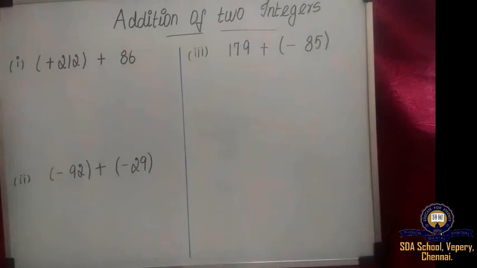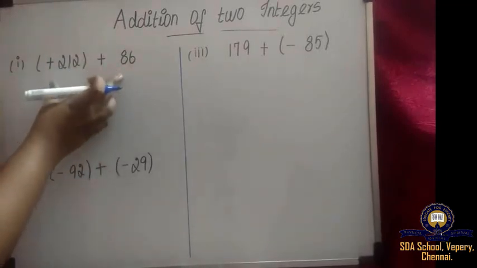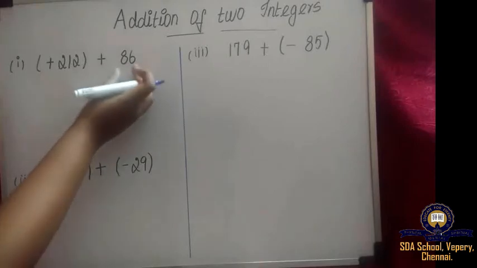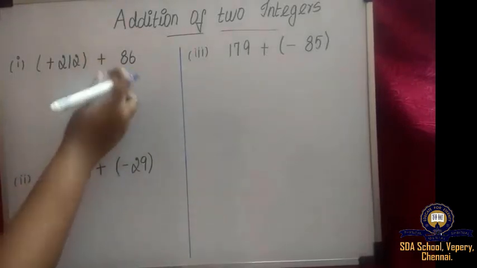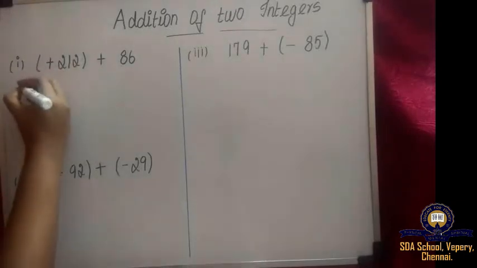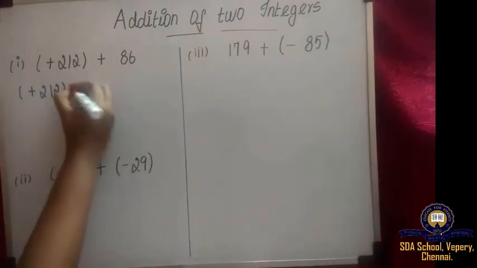Addition of two integers. So the first question is plus 212 plus 86. When you look here, both the integers have the same sign, positive. Before 86 we do not have any sign, which means it is positive. So when you add two positive integers, what you have to do? Yes, you have to add the absolute values, right? So plus 212 plus